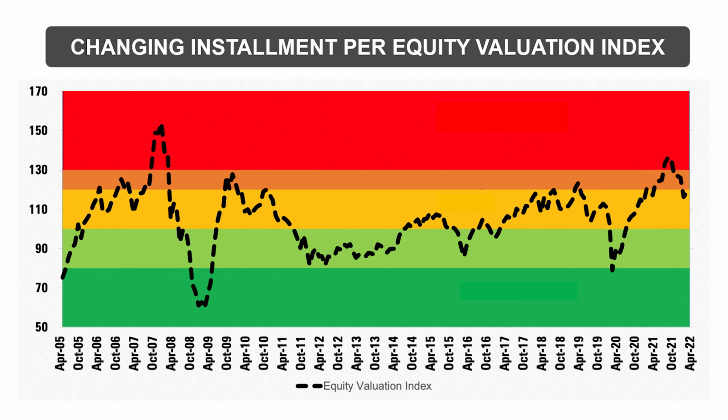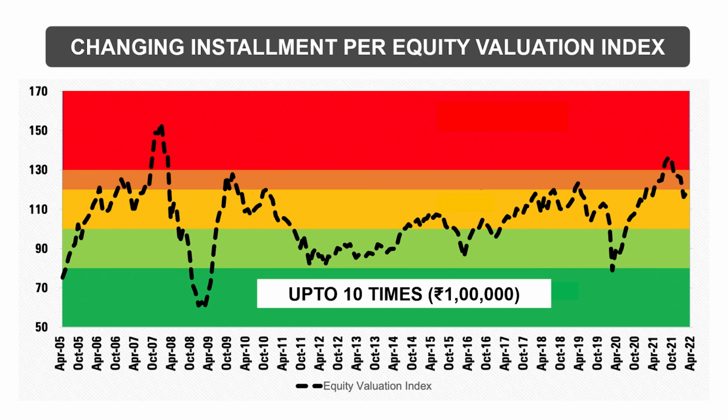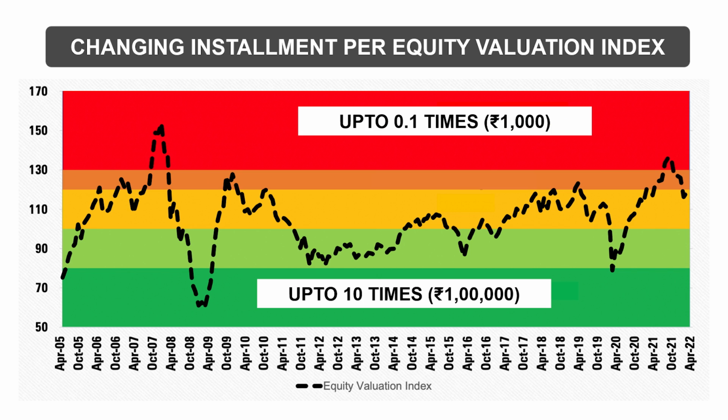For example, let's say equities are super cheap and our base SIP installment is 10,000 rupees. So per this setup, the fund house can invest up to 1000%, that is 10 times of 10,000, that is 1 lakh rupees. And if equities are super expensive, then that number may be pruned down to just 10%, that is 1,000 rupees. To equip this process, the booster SIP works on a source fund target fund concept, wherein an